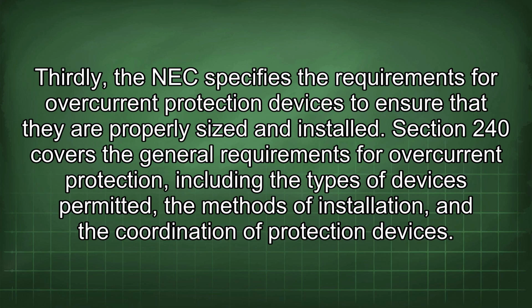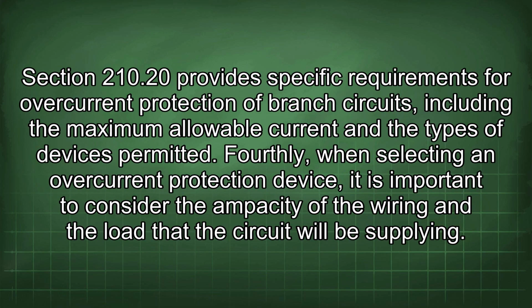Thirdly, the NEC specifies the requirements for overcurrent protection devices to ensure that they are properly sized and installed. Section 240 covers the general requirements for overcurrent protection, including the types of devices permitted, the methods of installation, and the coordination of protection devices. Section 210.52 provides specific requirements for overcurrent protection of branch circuits, including the maximum allowable current and the types of